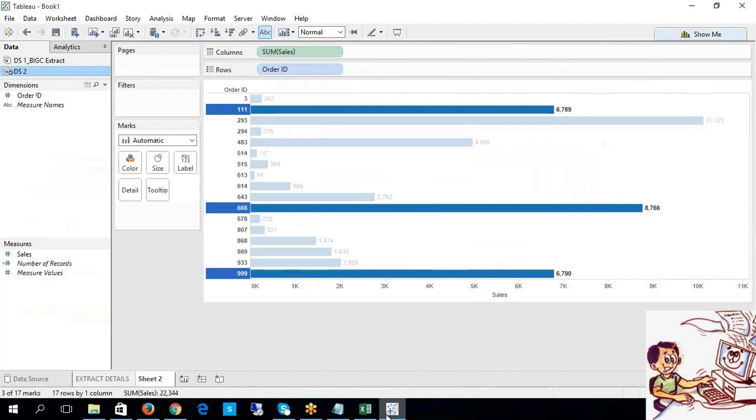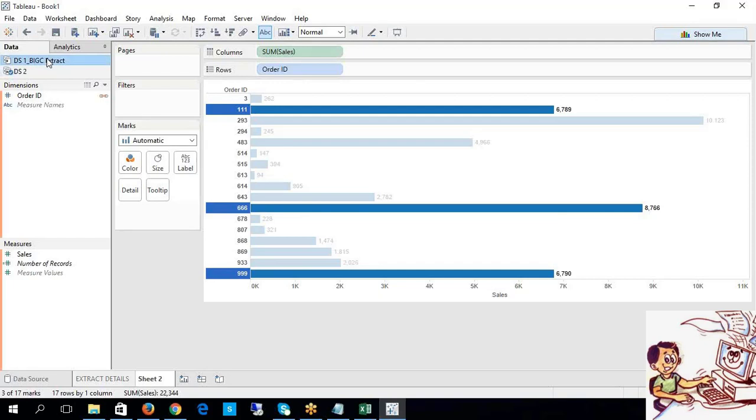The first time, when we did the DS1 extract, we clicked on the data source and added it.